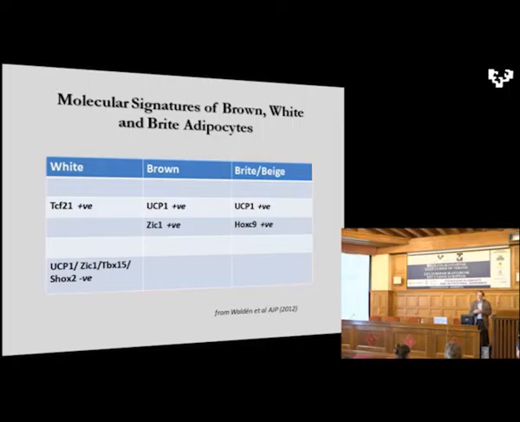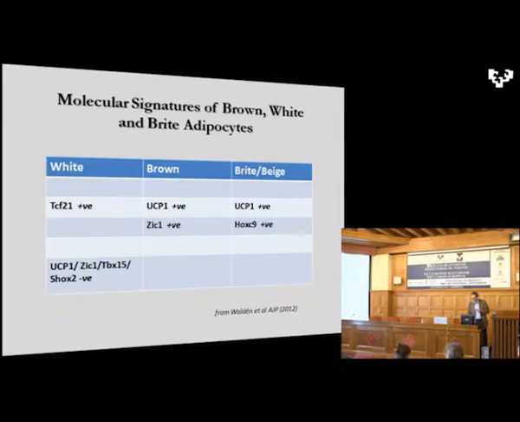And there are certain molecular signatures, and I don't want to go into a lot of detail on that, but there are certain molecular signatures now which one can use to distinguish between a white adipocyte, a brown adipocyte, or a bright beige adipocyte. The brown and bright both have a particular protein called uncoupling protein 1, which again I'll talk a little bit about in the next few slides. But a brown adipocyte is positive for this marker ZIC1. The bright adipocyte is positive for this marker HOX9. So we don't simply have to depend upon the visual appearance of different types of adipocyte to try and define them as white, brown, or bright. We have molecular signatures which allow us to do that in a way which is, of course, more objective than